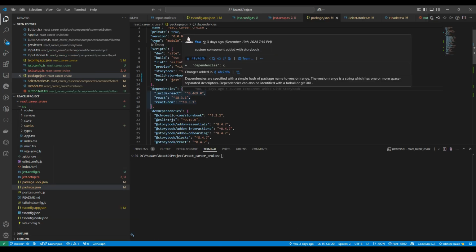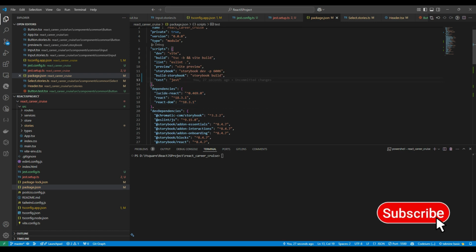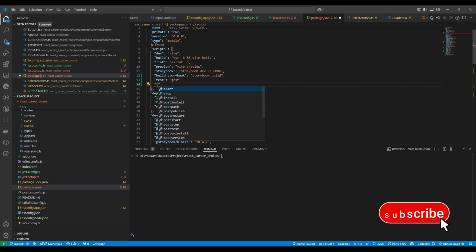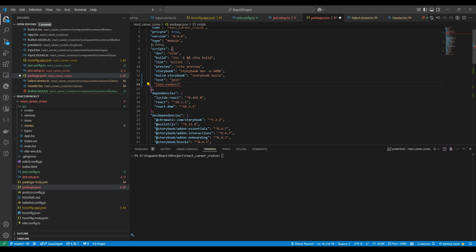One more thing, guys: if you want to generate a coverage folder, there we have one HTML file. We can click on the HTML file and see in the browser which lines we covered and which we didn't cover. That we can also generate. Over here, first we will create a new script, test hyphen, any name we can give. I am giving test hyphen